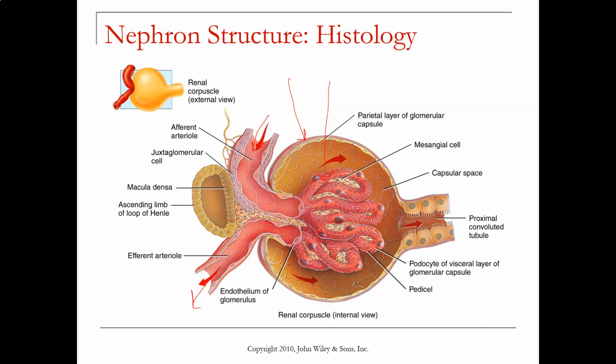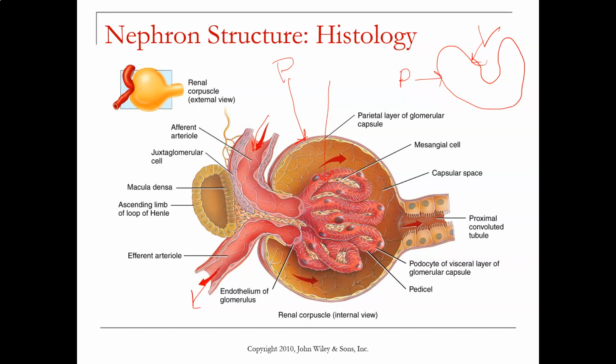In between, it went through the glomerular capillaries and filtration occurred. Also notice, before we talk about the histology of it, that the glomerular capsule has two layers. It has an outer layer and an inner layer. The parietal layer and the visceral layer. So this is the parietal layer out here,